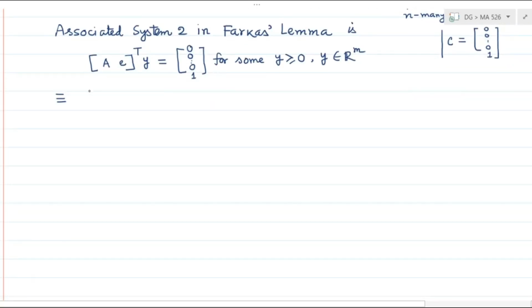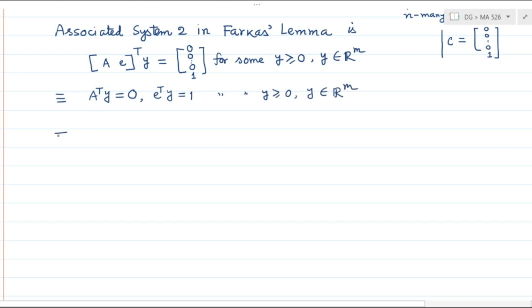Here we note that this is equivalent to A transpose y is equal to 0 and E transpose y is equal to 1 for some y greater than or equal to 0, y belonging to Rm,